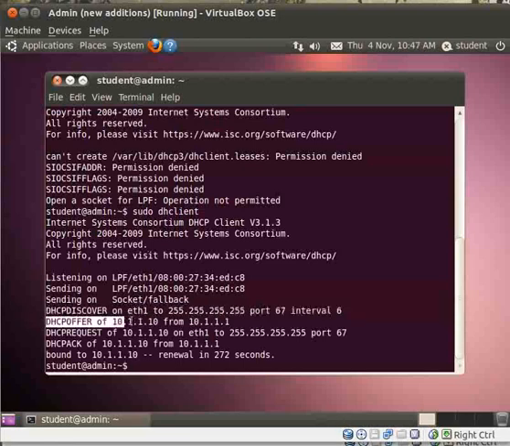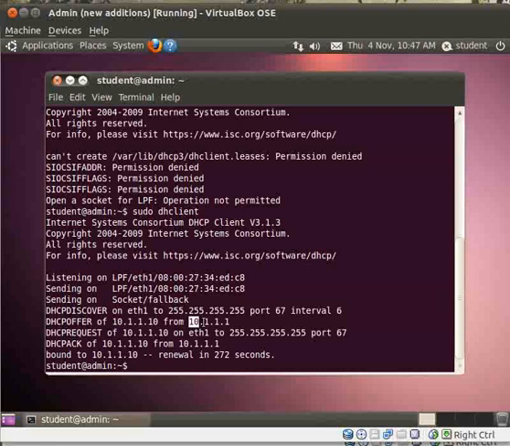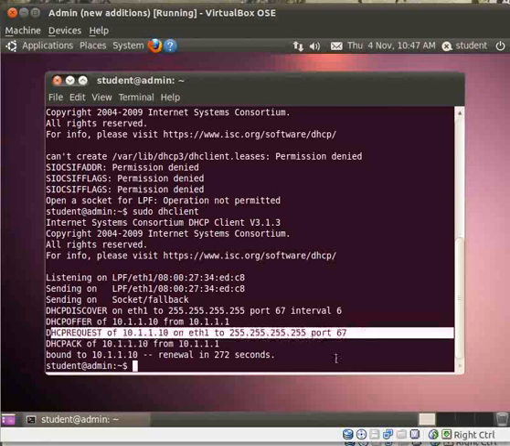It has then discovered a client, and that client has offered it an IP address of 10.1.1.10, which is the current IP address of the DHCP server that sent that offer. Upon receiving that offer, the client has then said, okay, I would like to use that IP address, so it's issued a DHCP request,